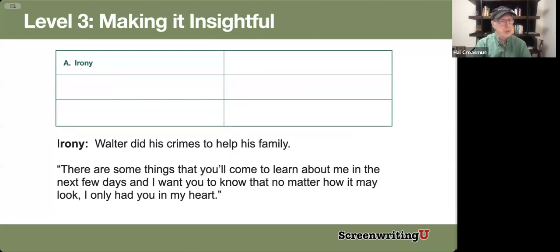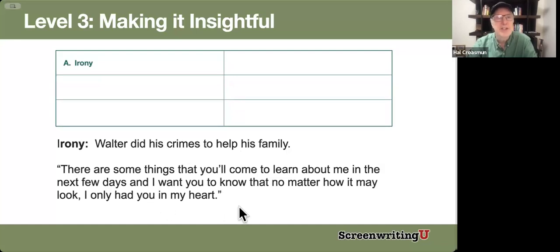And there are some scenes you want to do this with, some you don't. It's up to you. But this one, I think it needed to have some insights. So we start with irony. Walter did his crimes to help his family. So that's ironic. And I know there are some people that do that, but it's like somebody committing crimes, good upstanding citizen. Normally, you would say that doesn't really help the family. But he's not doing that to get wealthy. He's not doing that because he loves criminal activity. He's not doing it because he loves the drugs or anything like that. He's doing it for this reason, to help his family.